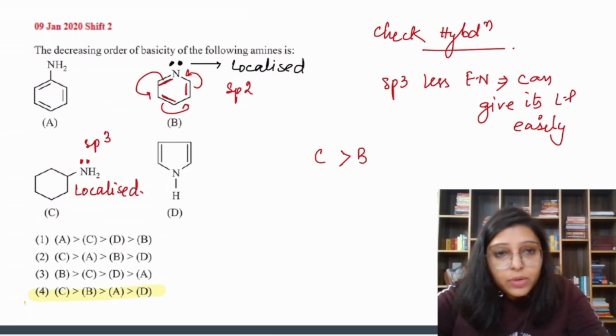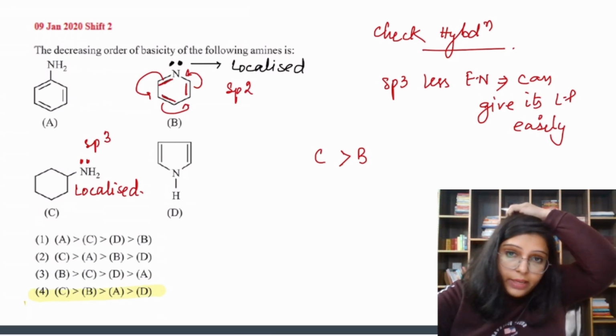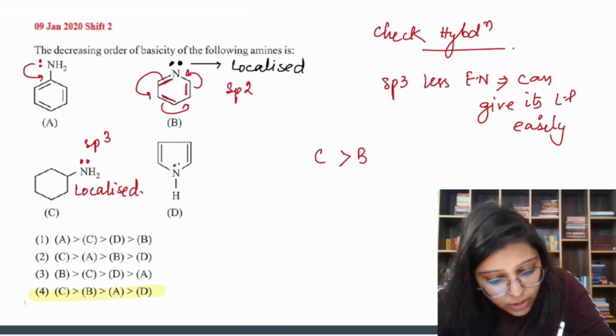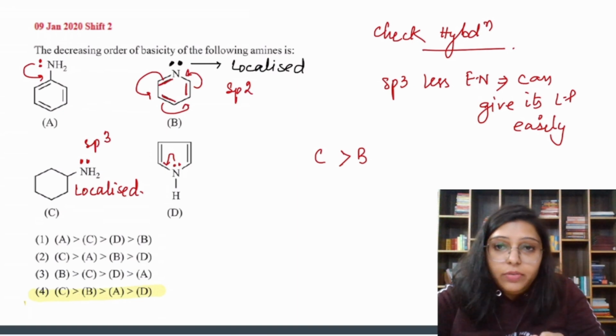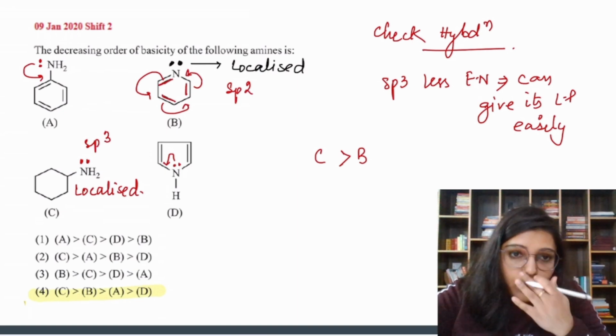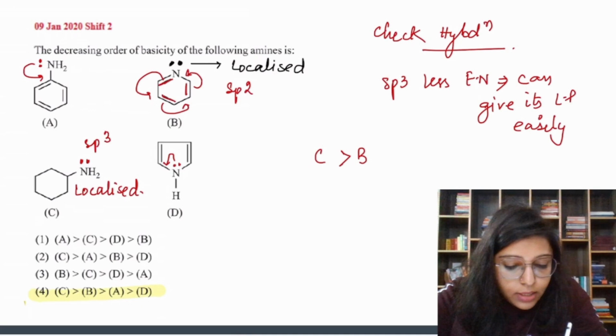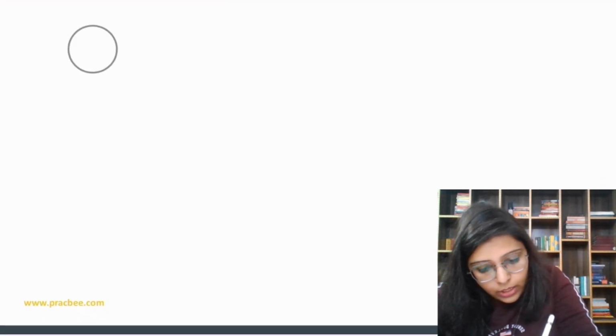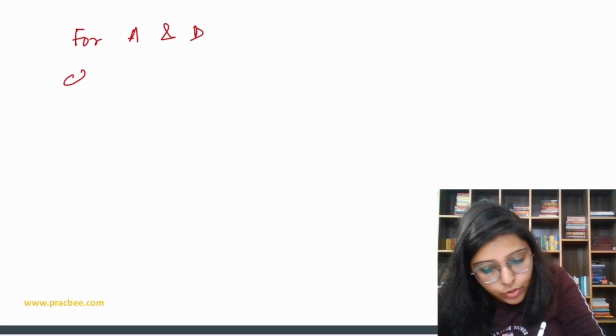Now we have to understand the other options A and D. So see, here in A, lone pairs are involved in delocalization. Here also lone pairs are involved in delocalization. So what we are going to say, we have to check the stability for A and D. For A and D, let me move on to the next page. For A and D, check stability